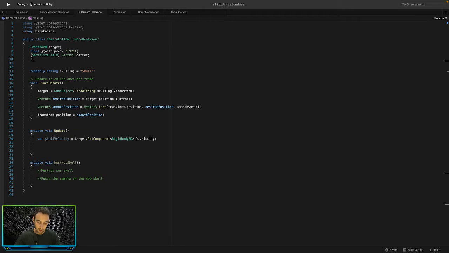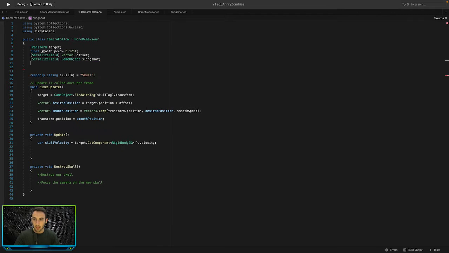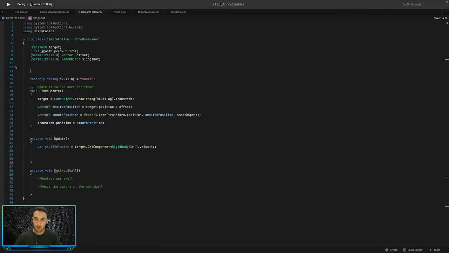So let's say serialize field game object, we'll call it slingshot, and then we also want to create